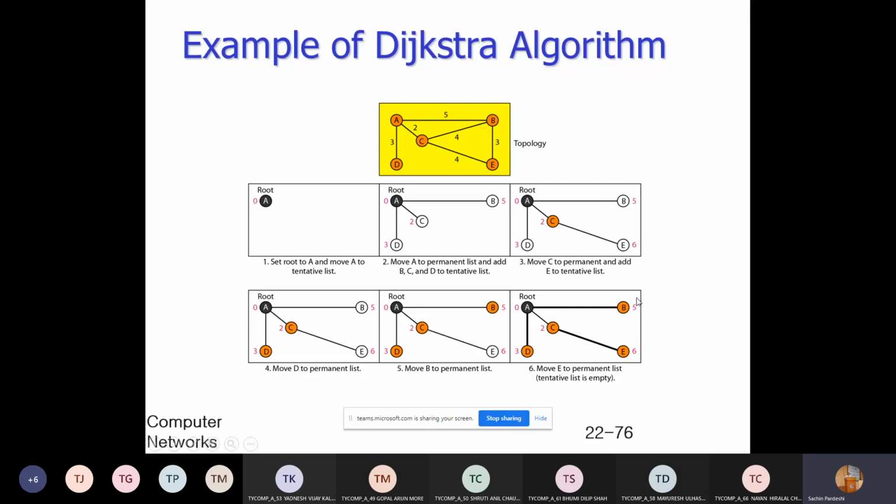Like A to B, this one is the shortest path. A to C and C to E is the shortest path, and A to D, this one is also the shortest path. Here you can check how. Suppose A to B, for example, goes A to C, C to B: 2 plus 4, 6. But 5 is this, so 5 is the shortest path. Again, on this path, 2 plus 4 is 6, plus 3, so too high. From this side, 2 plus 5, 7, high. Again 2 plus 4, 6, which is far more than the value. So that is all about the Dijkstra algorithm.